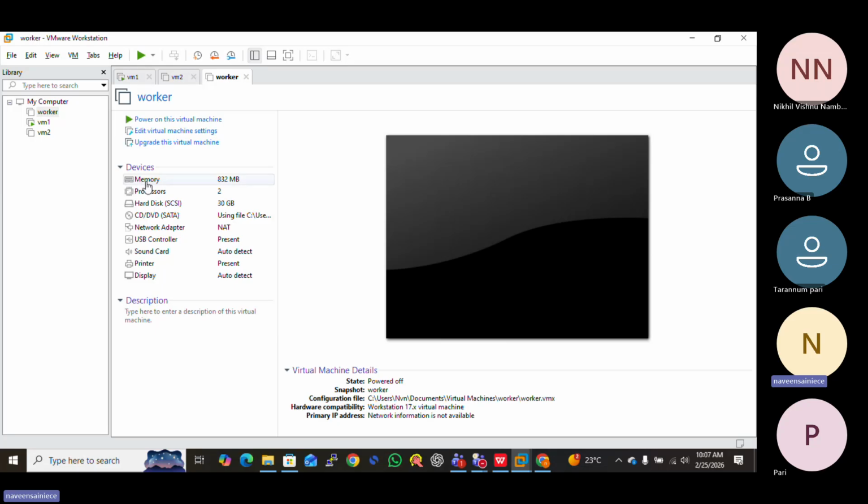So memory, processor, hard disk, CD drive, network adapters, sound card, whatever, everything is virtualized. You can mention the amount of memory and the number of CPUs you will give to this virtual machine.